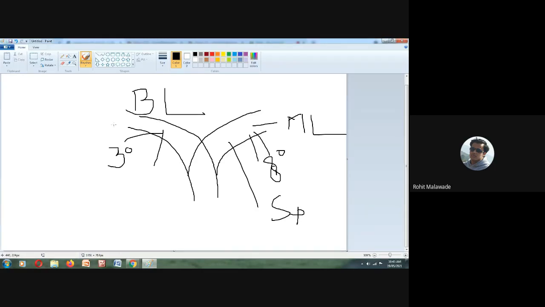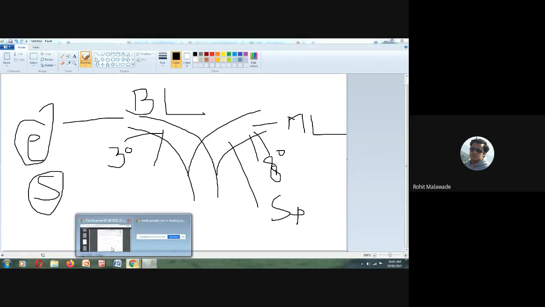What they are asking you is what should be the super elevation of the branch line and what should be the speed of the branch line. So these two values they are asking you. Here they have given you the degree, here they have given you the speed, and here they are asking you to find the super elevation and the speed of the branch line. So we will see how we can solve the problem.